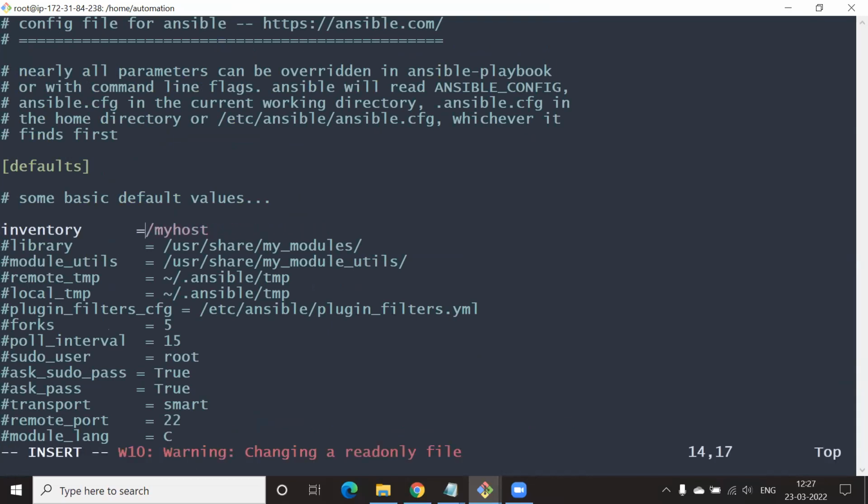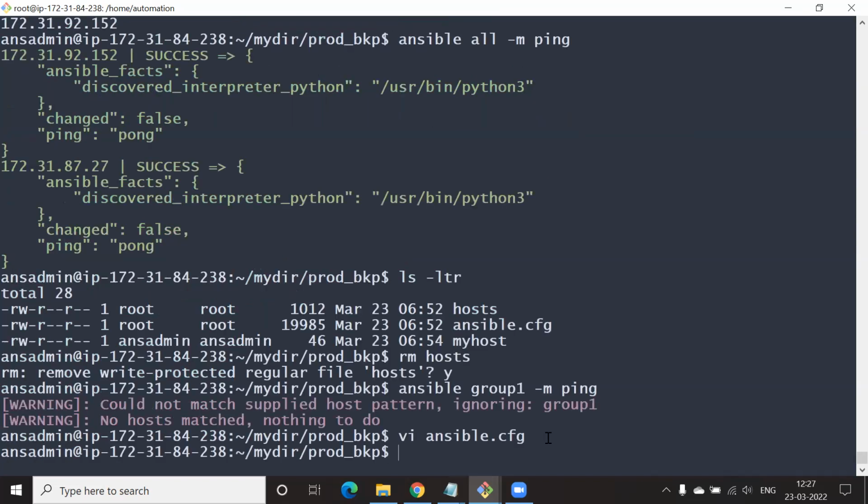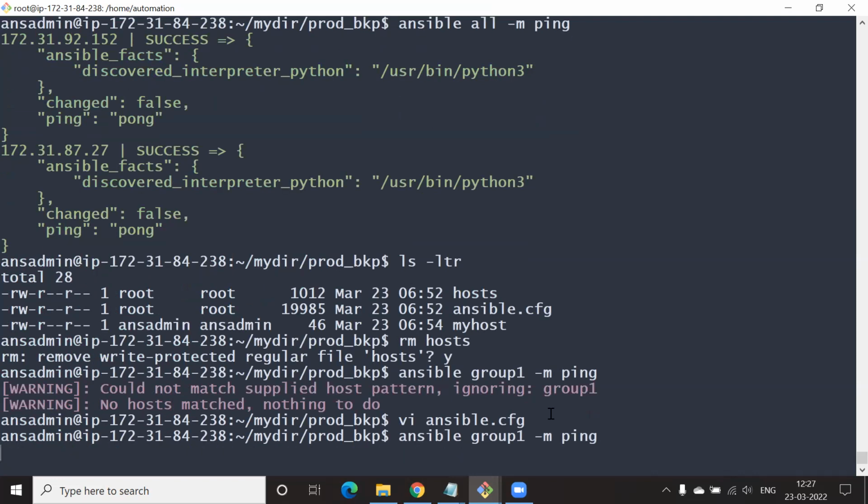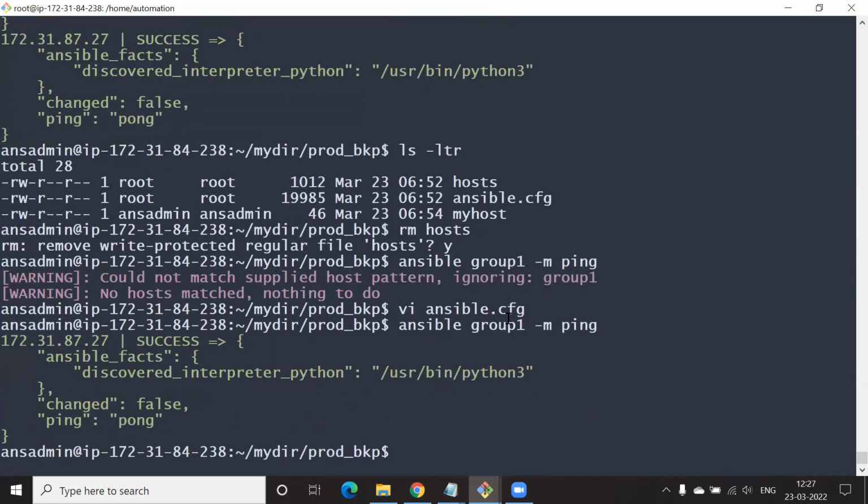Good, buddy. Yeah, host, ansible.cfg. Now it's working. So we had an inventory, right? Let's make note of this one.